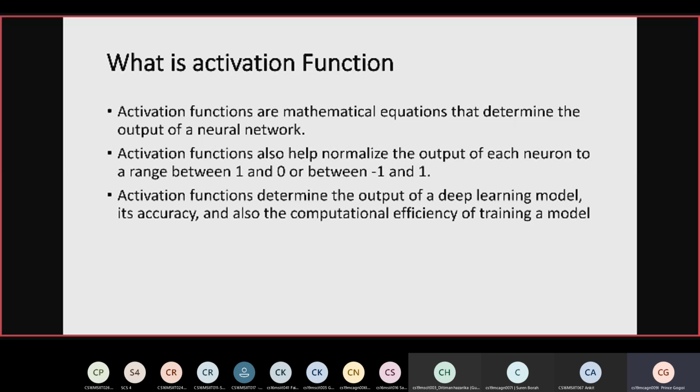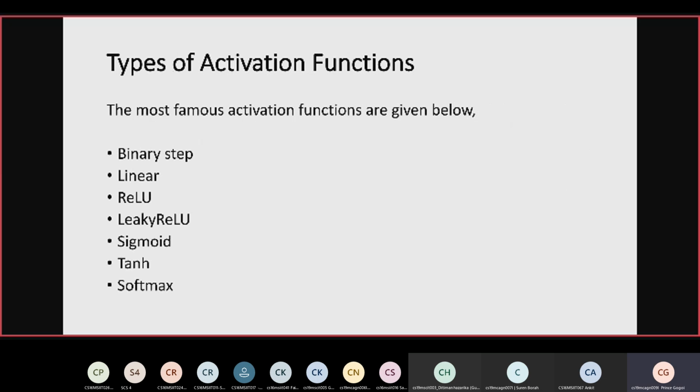Without activation functions, weight and bias would only have a linear transformation, or the neural network is just a linear regression model. A linear equation is a polynomial of 1 degree, which is simple to solve but limited in terms of ability to solve complex problems or higher degree polynomials. So, types of activation functions. The most famous activation functions are